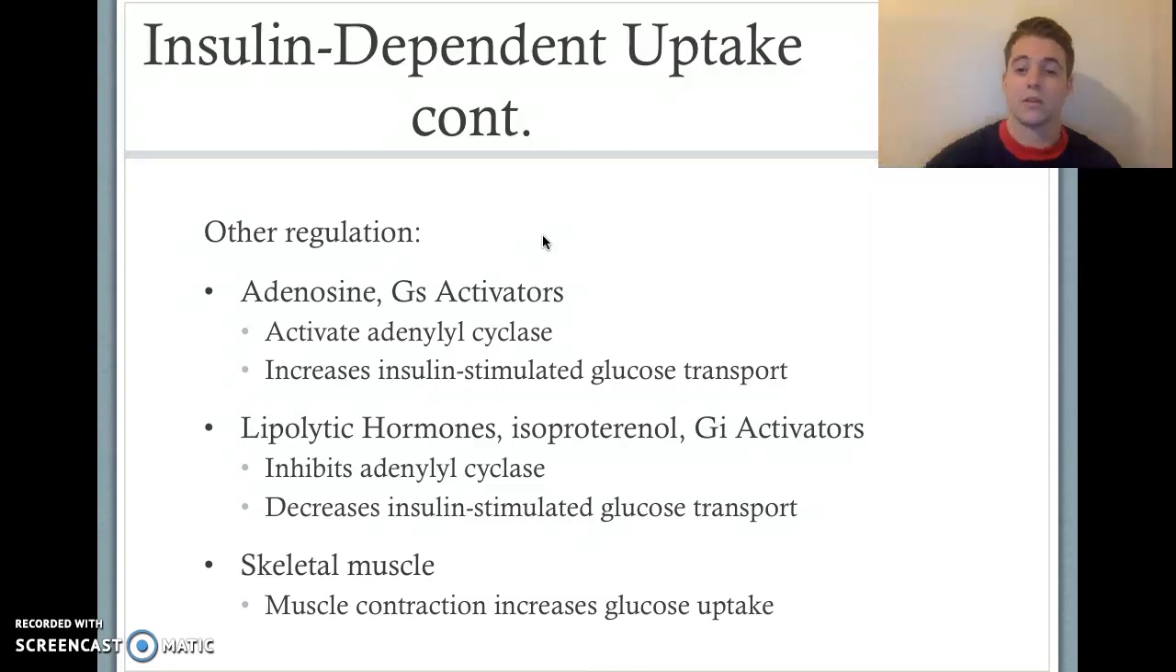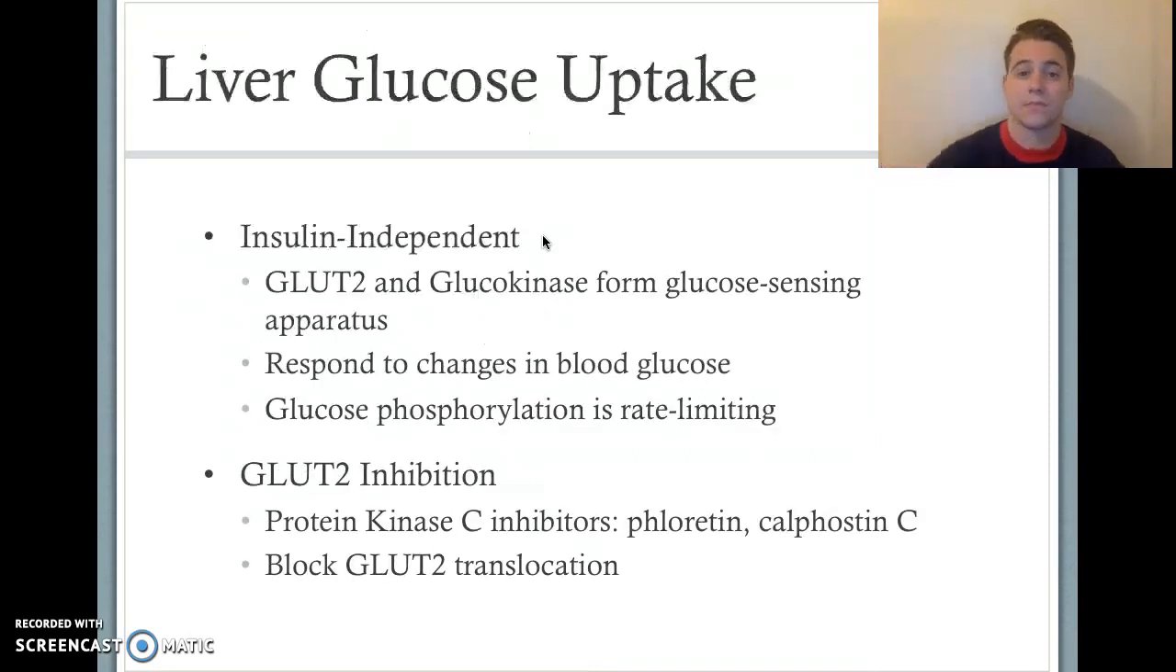Interestingly, skeletal muscle itself, through contraction, increases glucose uptake. This is through parallel but completely different pathways than insulin-dependent pathways. So it actually has a compounding effect with insulin and glucose uptake. Therefore, exercise can actually be beneficial for people who, like diabetics. Moving on to the liver, again, it is insulin independent, and it is through glucose transporter 2,